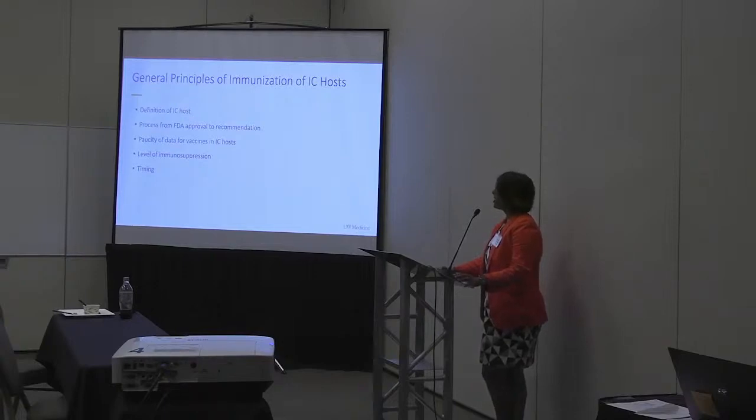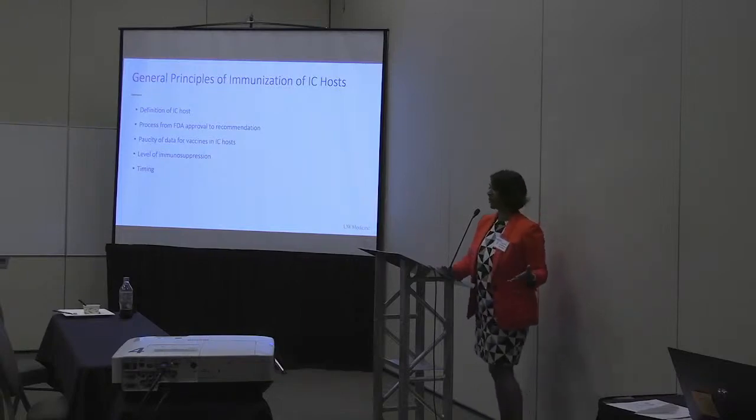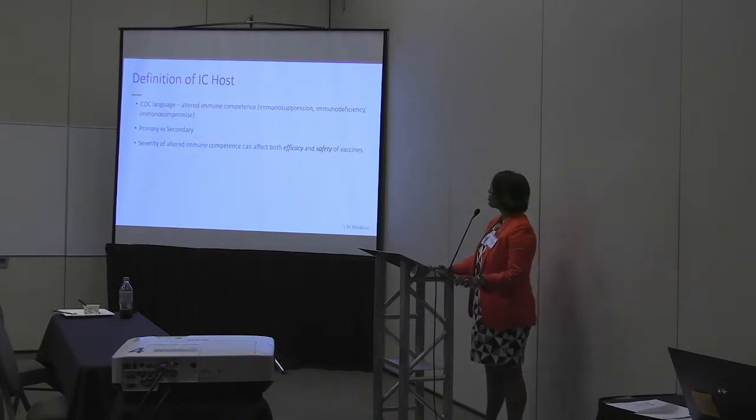We'll talk about how there's often not a lot of data in vaccines at the time of larger clinical trials, because they want healthy volunteers that are going to have good immune responses. They don't want it enriched for people who are not going to have robust immune responses or are going to have the infection that they're looking to prevent, making their outcome numbers look worse. So what is an immunocompromised host?